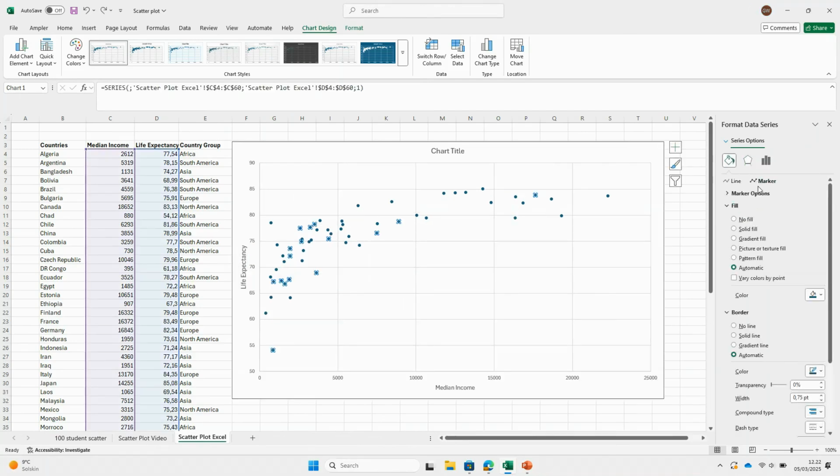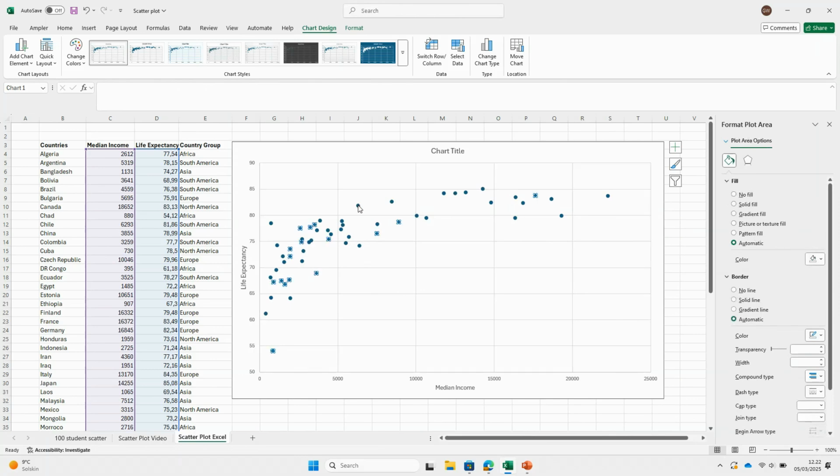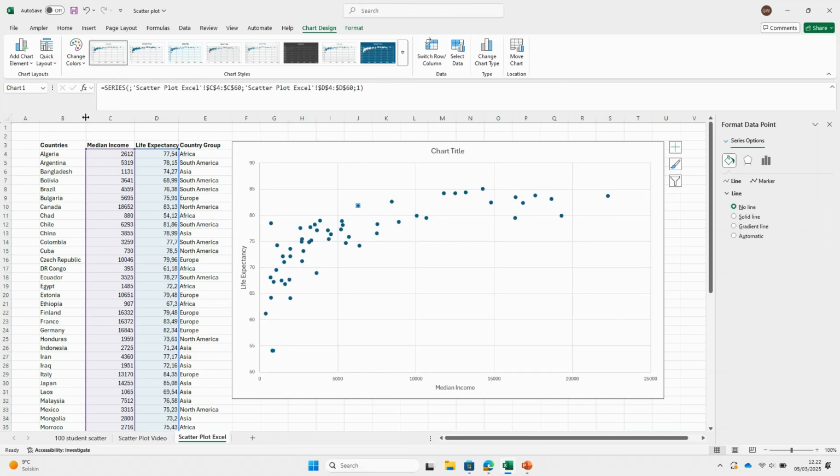Now, let's scale the dots up a bit by clicking on them and changing the marker size. To change the color of the dots and add an additional variable, you can use conditional formatting or color them one